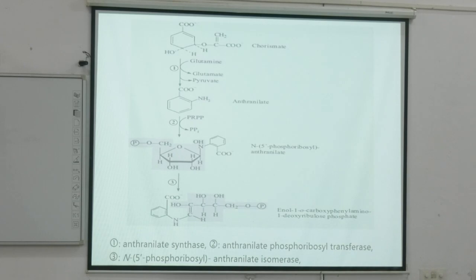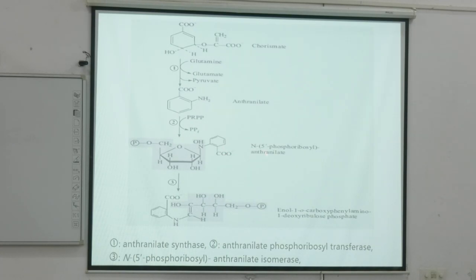So see, chorismate, there is glutamine giving an amino group, and the pyruvate is lost, and there you have anthranilate. You see the hydroxyl group that was present over here is not here anymore. This is the reaction going on. And then you have anthranilate, and the first enzyme is anthranilate synthase, and then it will complex with PRPP to form anthranilate phosphoribosyl pyruvate,